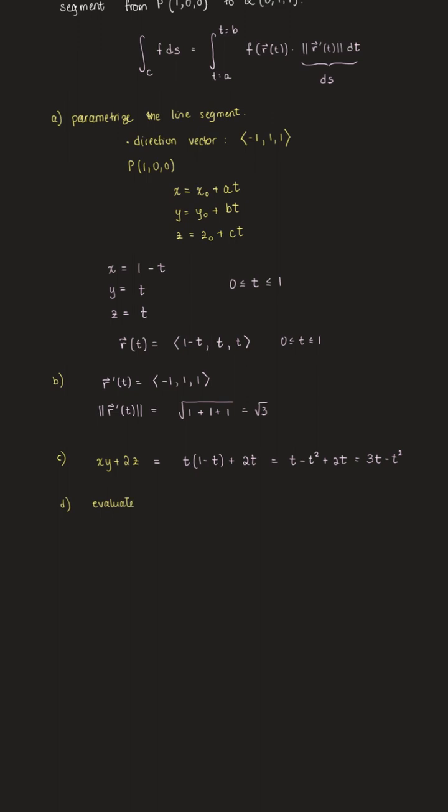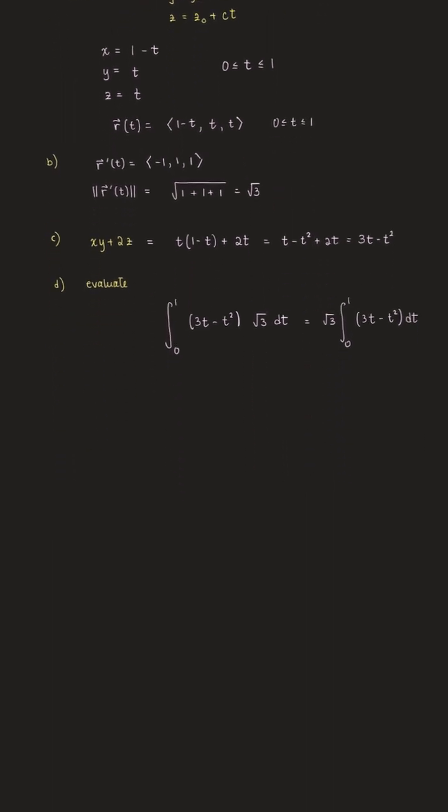So our setup is going to be the integral where t is from 0 to 1. Our integrand function is 3t minus t squared, and our arc length differential is the square root of 3 dt. We can factor out root 3, and it becomes a pretty easy integral to evaluate. And so that's going to give us the square root of 3 times 3t squared over 2, just using the power rule, minus t cubed over 3